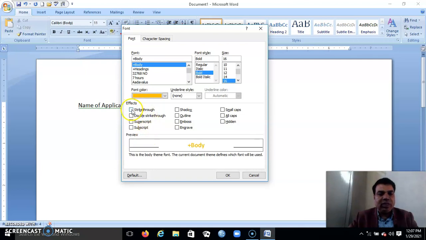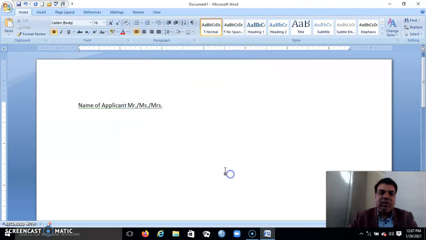You can do strikeout, double strikeout, you can superscript it, subscript it, make a shadow behind it, outline it, emboss it. Emboss means raised, engrave means sunken. These are engraved and embossed. You can apply these settings when we select them.